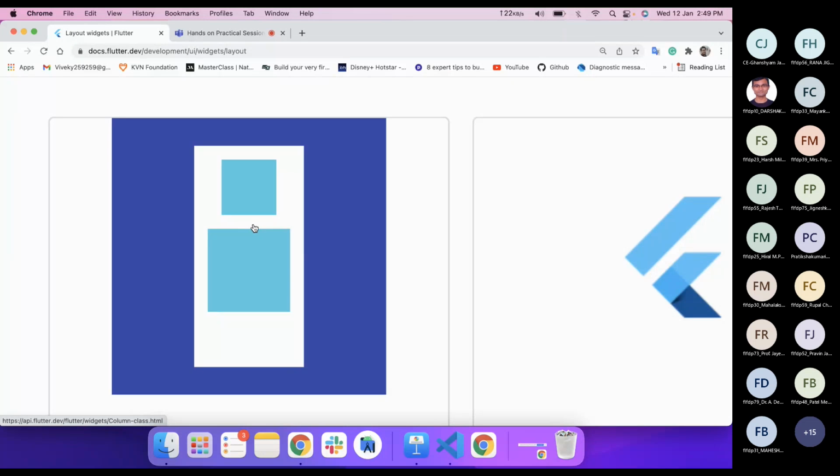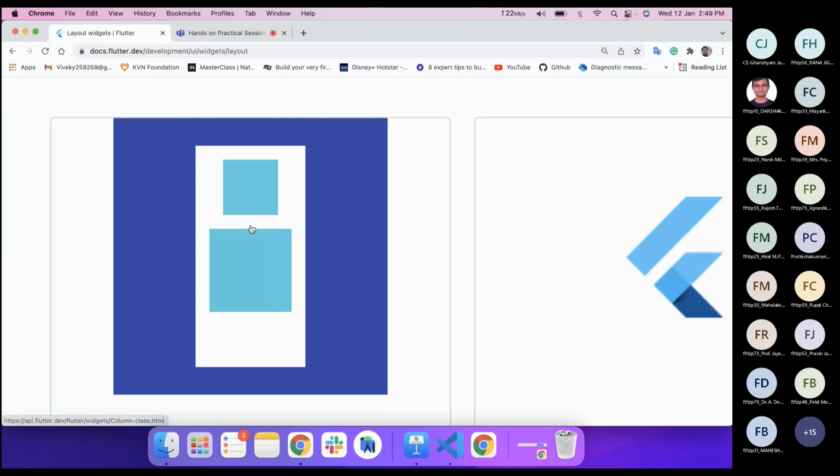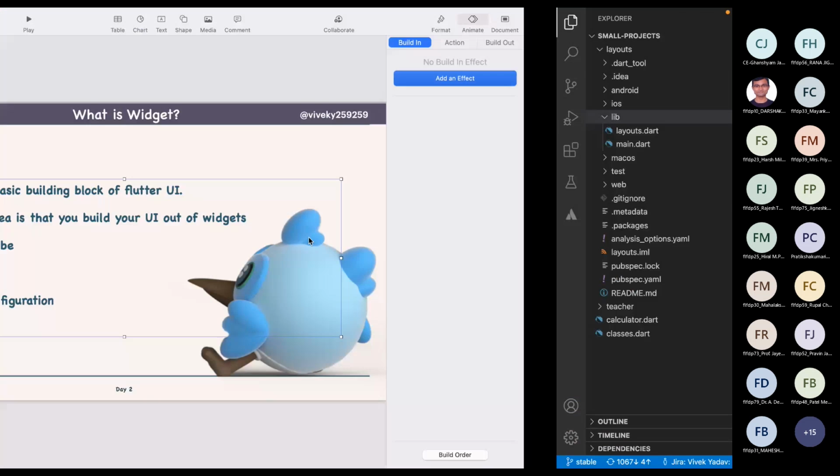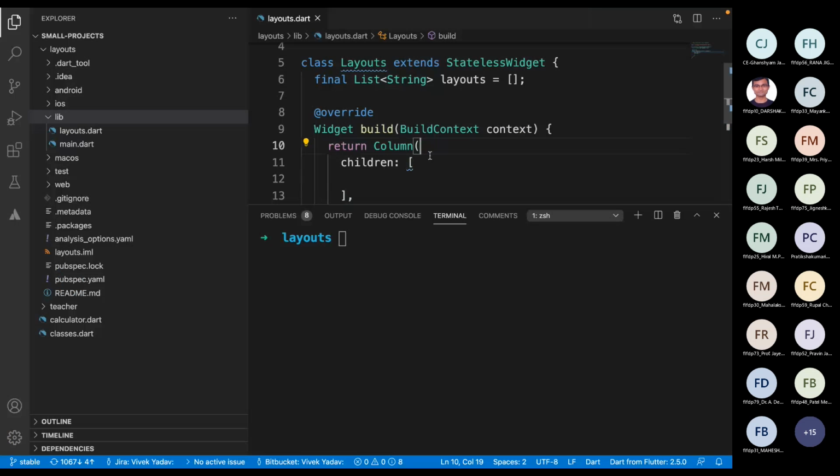Are you getting it? Whenever we have a Column here, it will have a lot of children in it, which will be aligned in a vertical manner. So let me just write this.